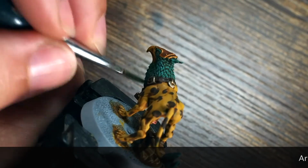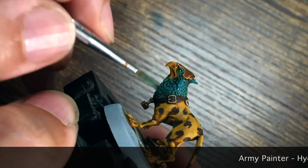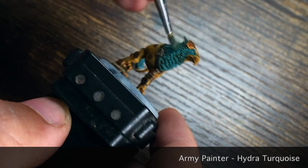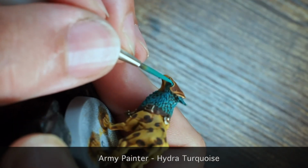Now, once I finish with the yellow, I'm going to go back to the Army Painter Hydra Turquoise. I'm just using a very light dry brush of the Hydra Turquoise here, just to build that vibrancy back up, because we've lost a little bit with the shade, so we're just going to dry brush around, trying to be as careful as possible. And then what I'm going to do is just use the very tip of the brush to paint that blue back in around the face,